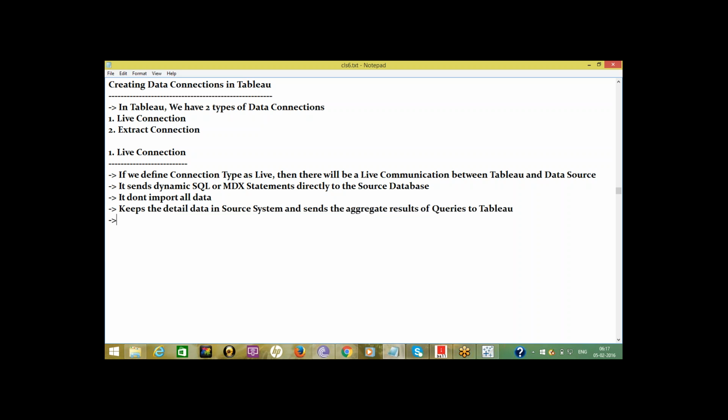It can effectively handle unlimited amounts of data. This connection effectively handles it.